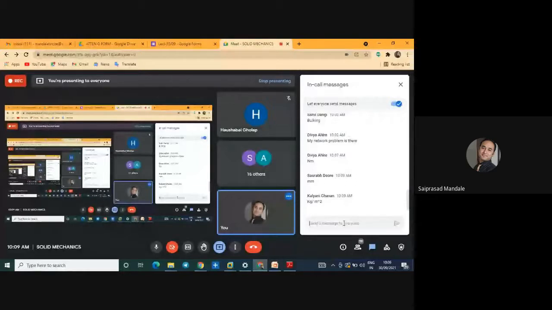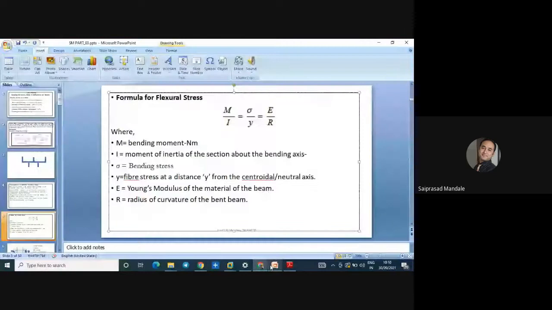In first year you also had mechanics, and in that you studied moment of inertia, the parallel axis theorem, and the perpendicular axis theorem. You have calculated so many moments. I'm waiting for the answers. The simple question is, what is the unit of moment of inertia? The question is common for everybody. Saurabh said meter raised to 4. Perfectly correct, Saurabh. The answer is meter raised to 4. This is the unit for moment of inertia.